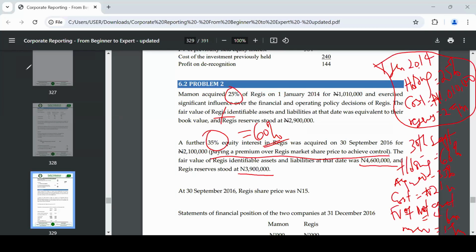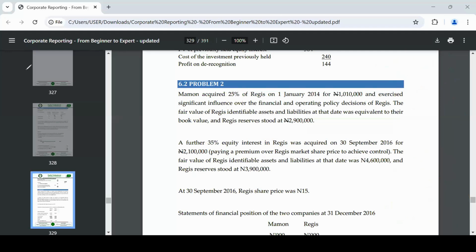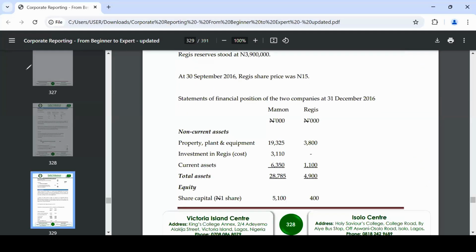I have not started solving. I'm just trying to let you see how you can do a shorthand whilst in the exam, so that you don't lose track of what you are doing. Like I said, I've not started solving. I'm just reading the question and trying to understand it as well.